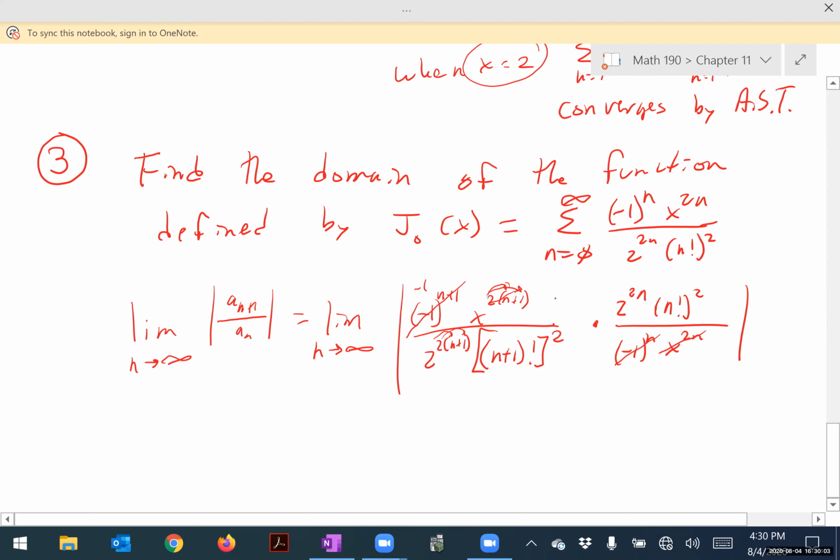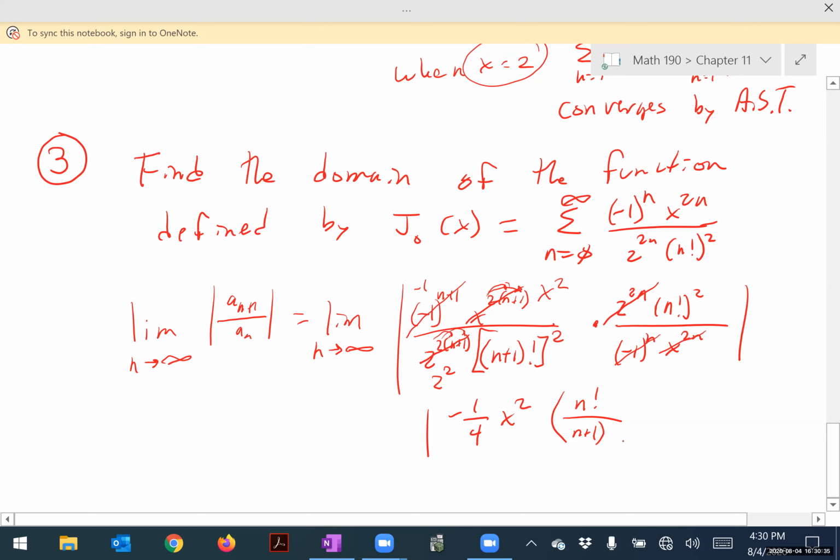So that's just going to leave me an x squared there. What about on the bottom? Same premise. This guy is going to get canceled with this guy, leaving me a 2 squared on the bottom, right? So cleaning all that up, what are we left with? Well, we're left with the absolute value of -1 over 4 x squared times n factorial over (n plus 1) factorial quantity squared